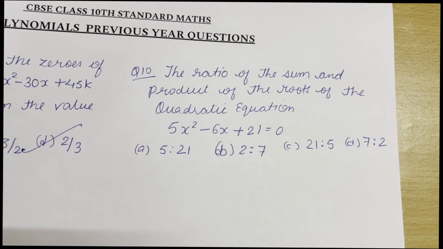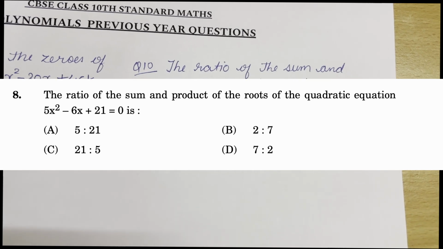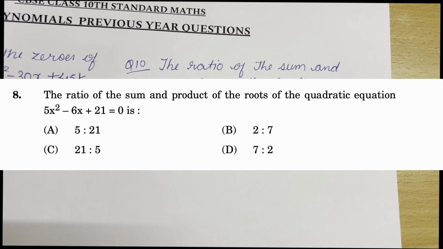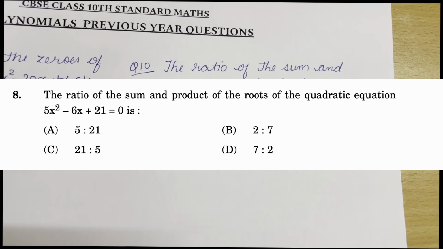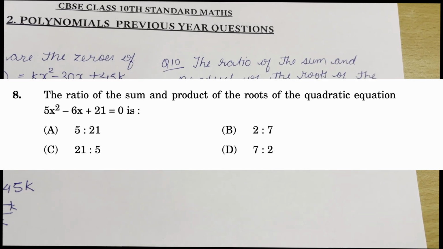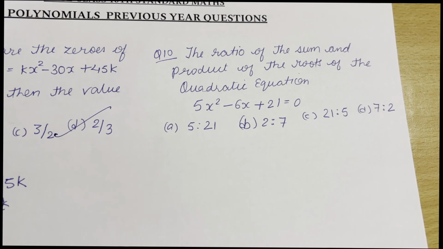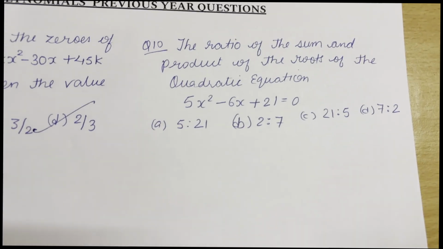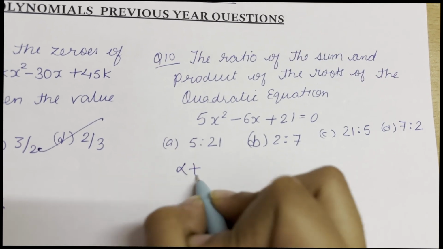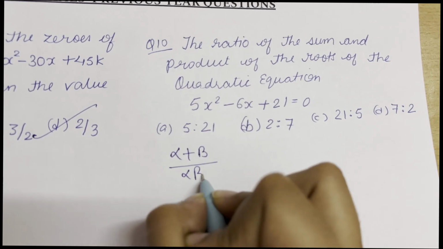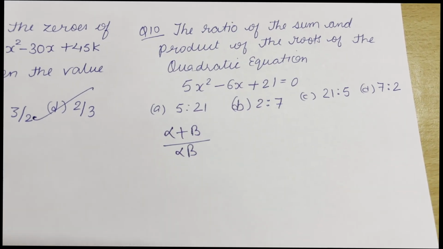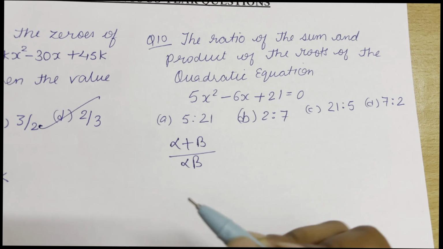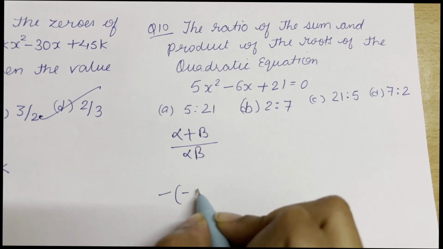The question number 10 says the ratio of the sum and the product of the zeros of the quadratic equation. So we need to find the ratio of the sum of the zeros of the quadratic equation to the product of the zeros. So we are asked to find alpha plus beta upon alpha beta. We'll simply find these values and put them here. Alpha plus beta is minus b by a,